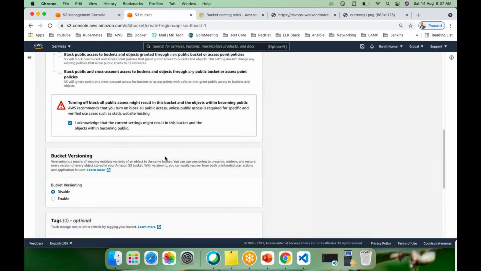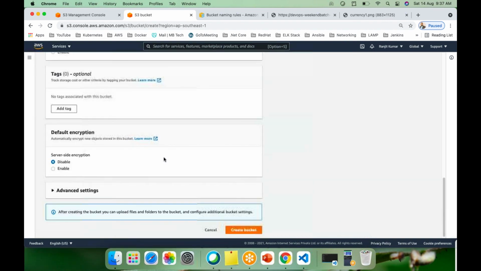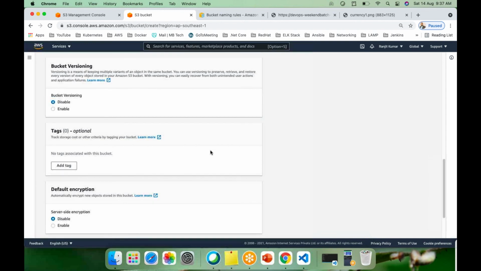Replication bucket, you have to give the replication bucket name. So how can we create it? Simply go ahead and create a new bucket and give a bucket name. Let's copy the bucket name, DevOps weekend batch demo.